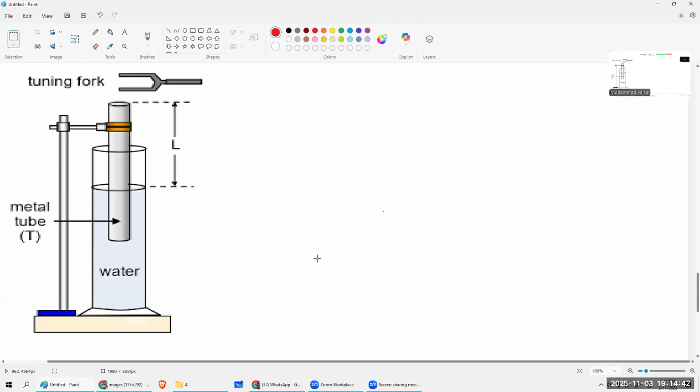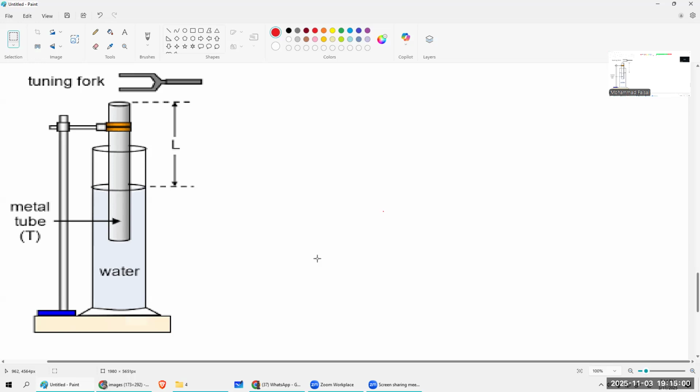If we change the amount that this metal tube is immersed in the water, we can effectively change the length of the air column that is inside the metal tube. If I lower it here, what will happen to the size of our air column? It will decrease. And if I raise it a bit,